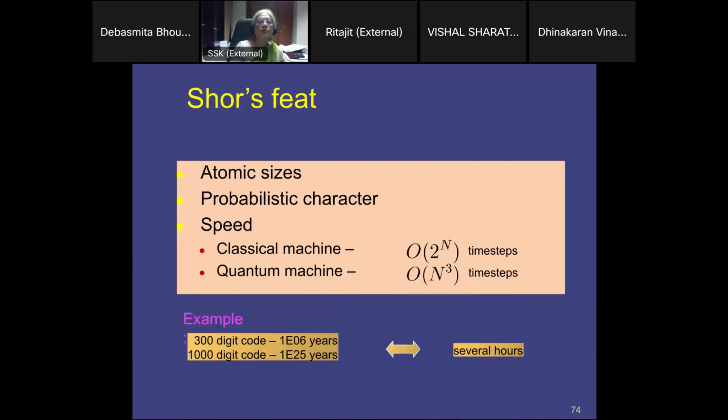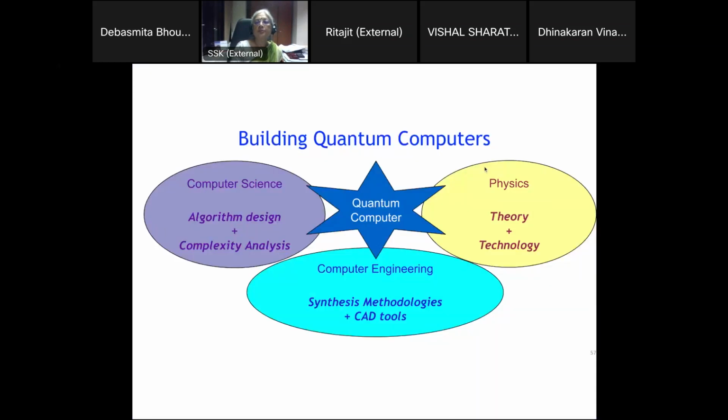Okay? So, to build quantum computers, we need theoretical physicists and experimental physicists. And the computer scientists do the algorithm design and complexity analysis. And of course, computer engineers need to minimize the number of actual experimental gates, etc., so that, as we know, quantum technology is still very fragile, error prone, so that we can make good use of quantum computing to get